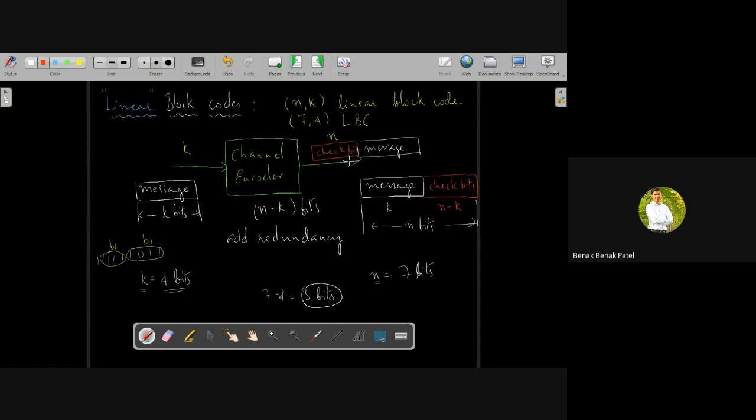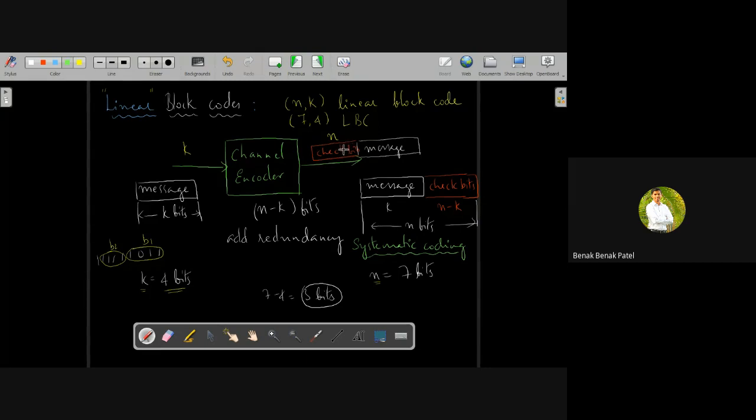And thereby, this linear block code is also called a systematic code. It doesn't matter if you are trying to add these check bits at the end of this message or at the beginning of this message. We'll be trying to calculate all these check bits